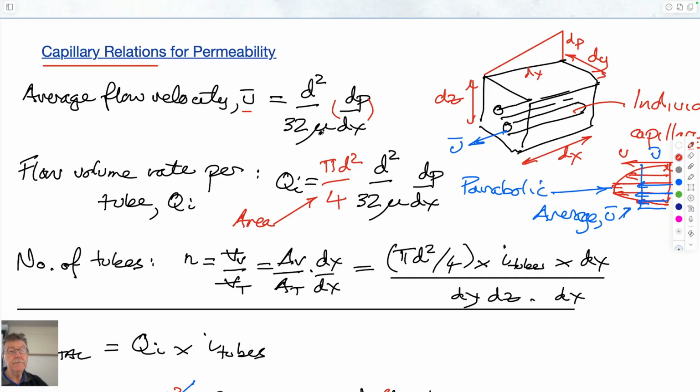This is the viscosity of the fluid that's flowing in each of these tubes, and this is the diameter of each of these tubes that we have here. And so this just comes from solving for flow within a pipe. If you look at a cross-section across a pipe and look at the flow velocity within that pipe, if you solve the Navier-Stokes equations, which are solving for,